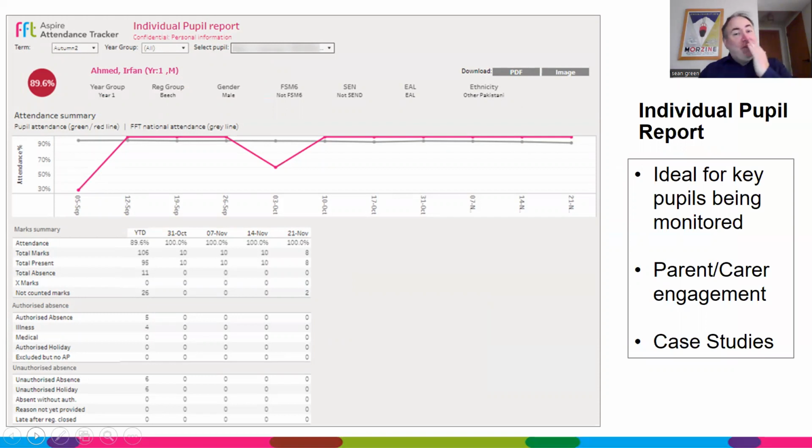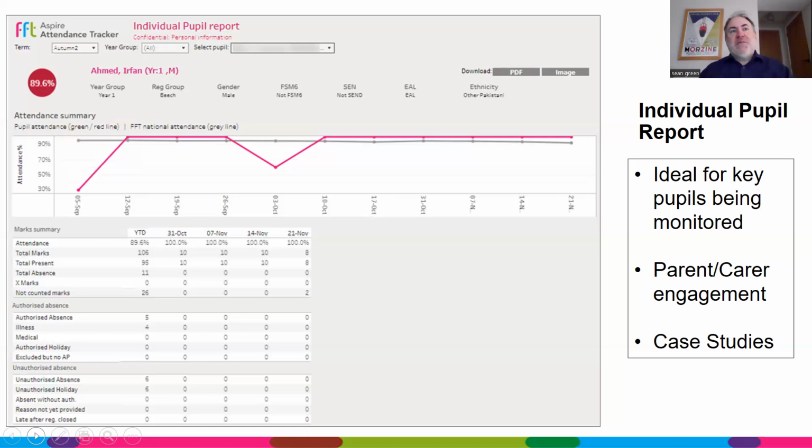And the other thing we've wanted to do with this is to make it really visual wherever a pupil has broken a week, as in missed sessions in a week. So you can see in this example here, the pupil's attendance is 100%. Most people's attendance is 100% week on week, but then you can see straight away here where it's dipped,